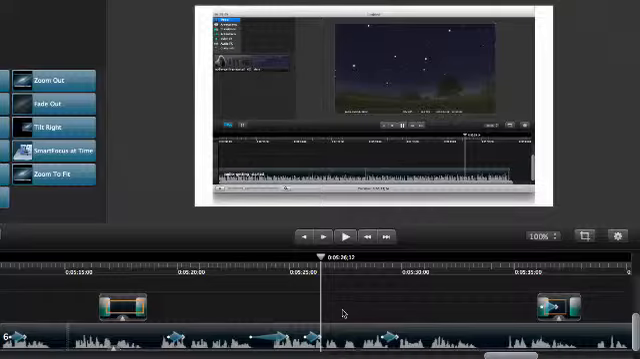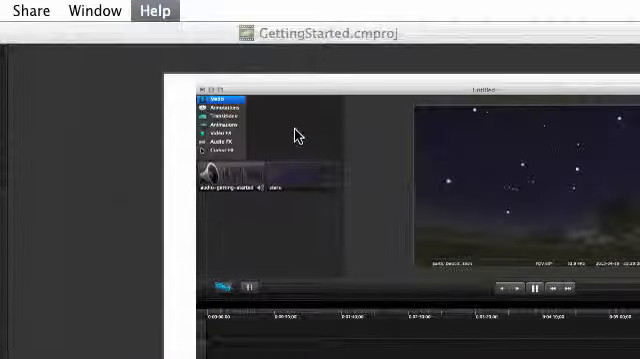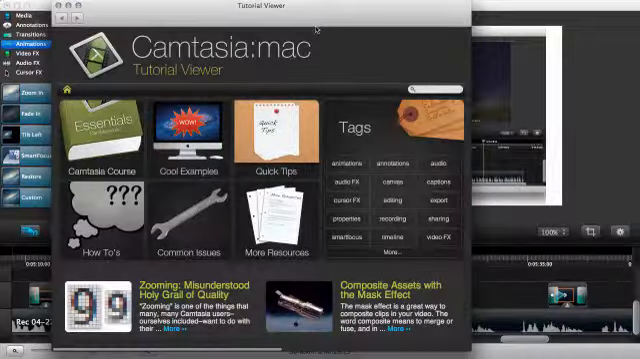All right, after you practice the basics, be sure to check out the tutorial viewer to learn even more. Go to the Help menu and choose Tutorial Viewer. Take a bit of time to explore the different videos, articles,